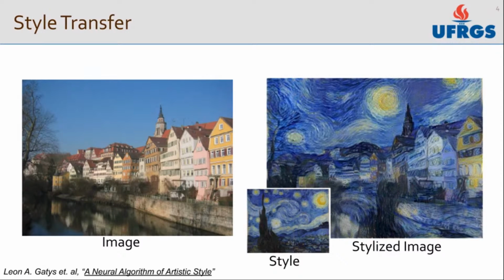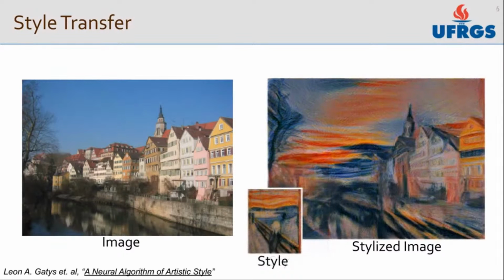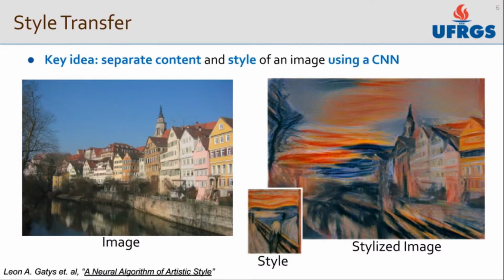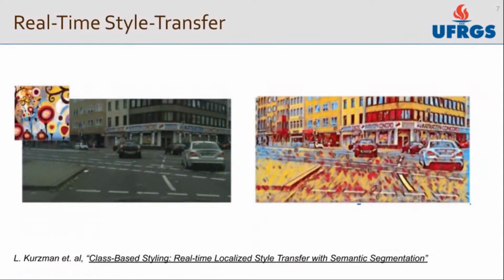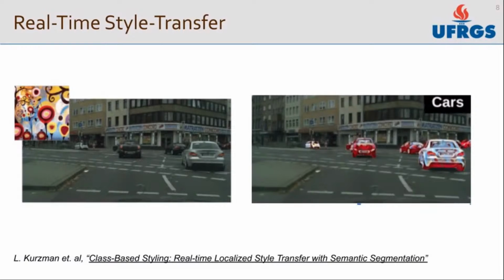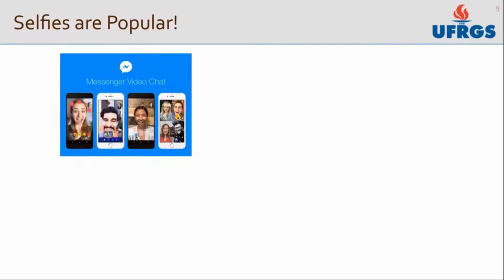And now, what about if we used another painting from different artists? This kind of result can be achieved since the remarkable work of Leon Gatys on neural style transfer. The key idea here is that we can separate the content and style of an image using a convolutional neural network. Since then, faster methods have been developed, allowing for style transfer in real-time applications. They have also been combined with semantic segmentation models, where it's possible to transfer the style in predefined segments.